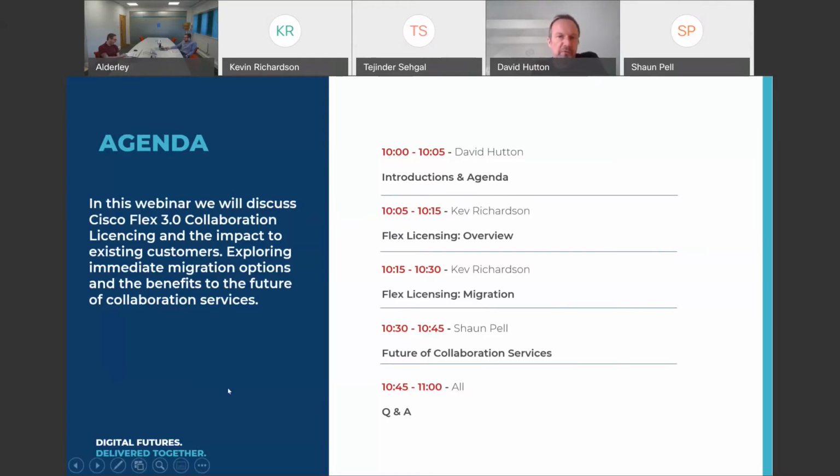So, if I just set the scene, like all of you will know, the marketplace is changing. And what we're seeing from all the different vendors is that they are moving away from their traditional perpetual licensing, and they're moving towards subscription licensing. You'll have seen that in pretty much every single thing that you buy, driven by cloud, driven by software as a service providers, SaaS providers. So I guess Cisco, like everyone else, is doing exactly the same thing. There is a fundamental change that we're going to brief you on today in the way in which things are licensed.